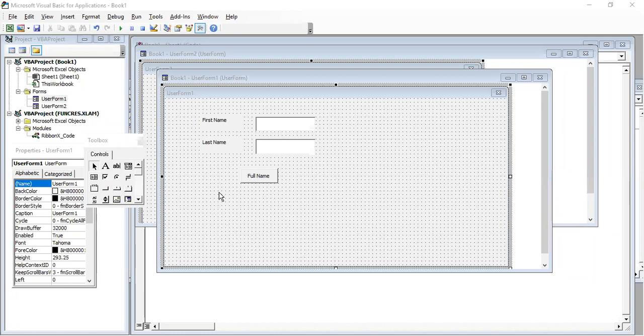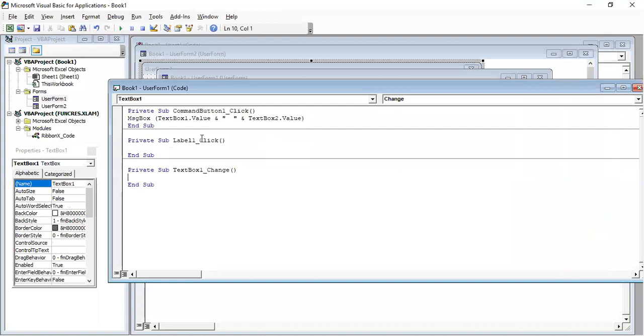Let me focus on some more events, rather than creating different form controls. So I have clicked on the text box. When I click on the text box, it has taken me to the user form code, where for text box 1 by default it has the change event.